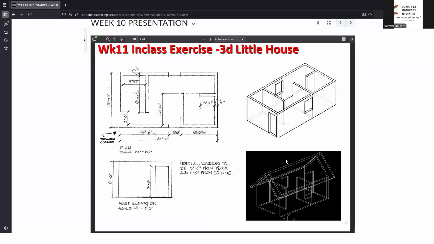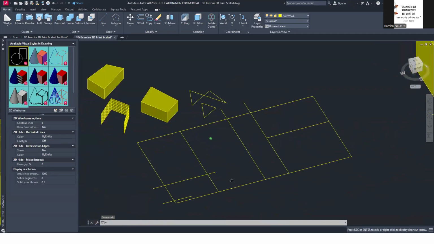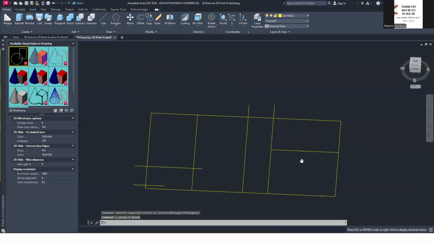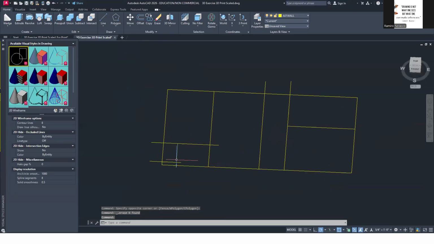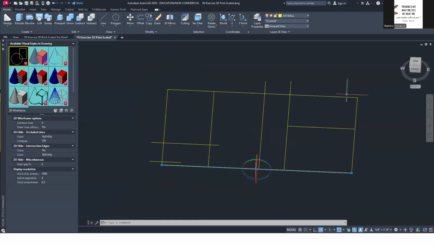So I'm going to show you the steps that I use to create the model for 3D printing. My first step is to create guidelines. So I'm just using lines. I initially used a rectangle, 12 feet by 22 feet 6 inches. And then I exploded that rectangle so that this becomes separate lines.